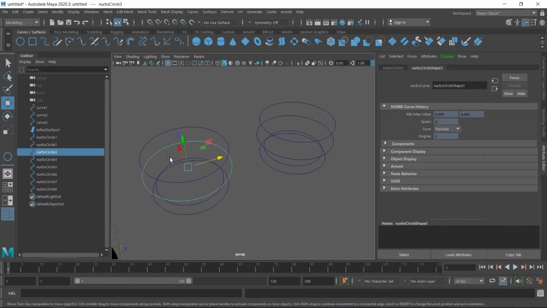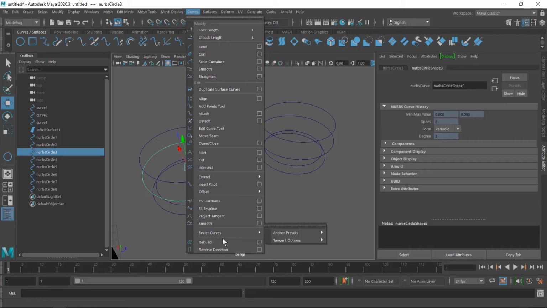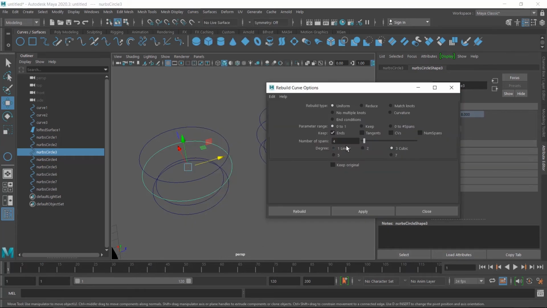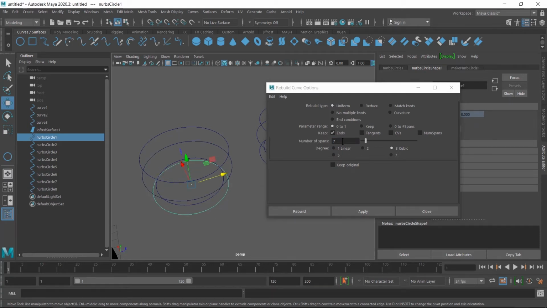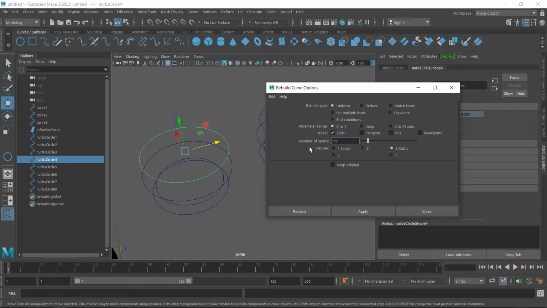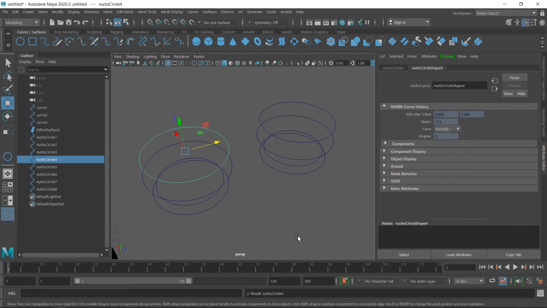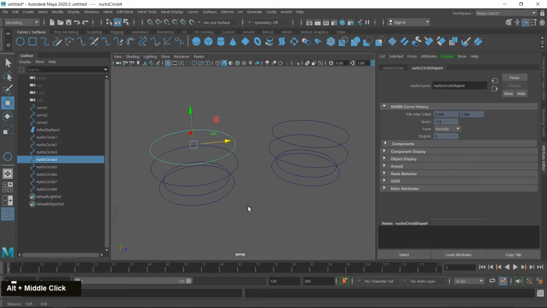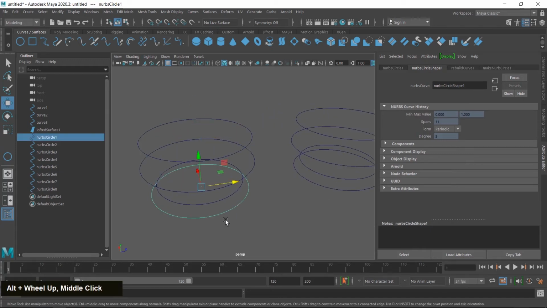I'll show you. If I change the span number value, I go to curve and then rebuild and change the span number value. This time I choose 7 and then apply, and select the next curve and this time I choose 11, apply, and for this one I choose 5 and apply, and then close this. Now I select these curves in order